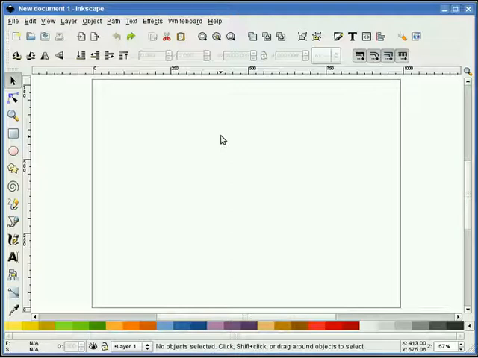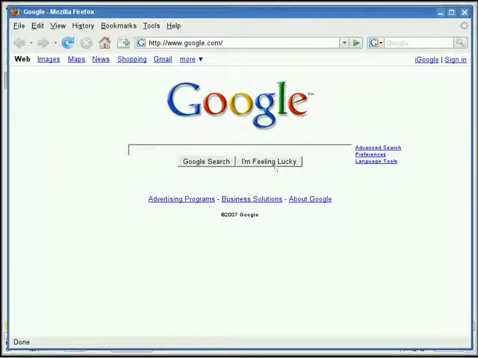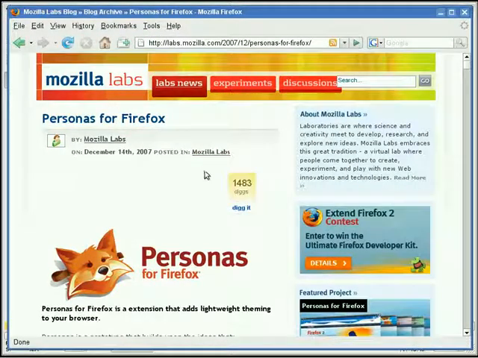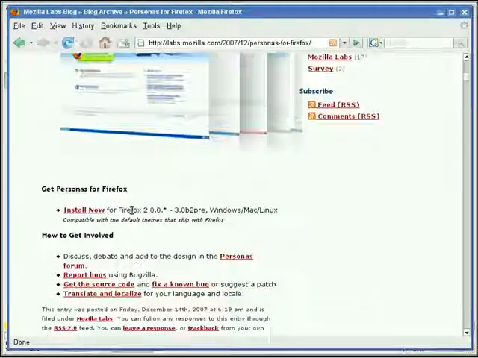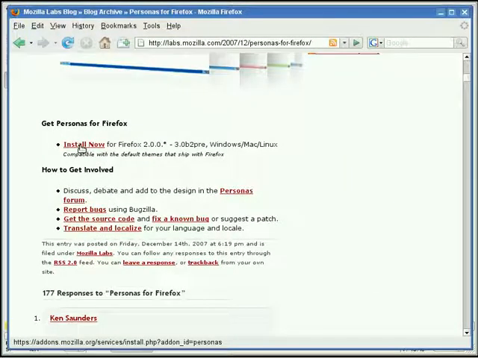Let's begin. The first thing that we're going to do is open up Firefox and navigate to the Personas website. You can see the address here. It's labs.mozilla.com/2007-12/personas for Firefox. Once there, we can scroll down to the bottom until we find the Install Now